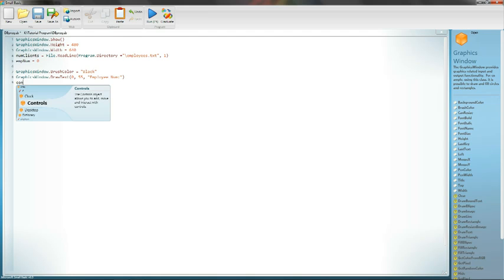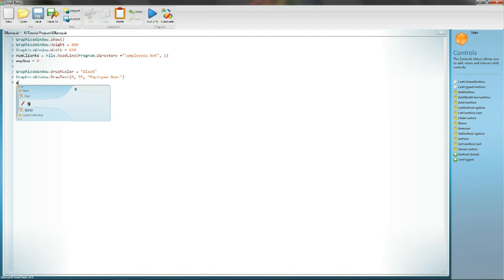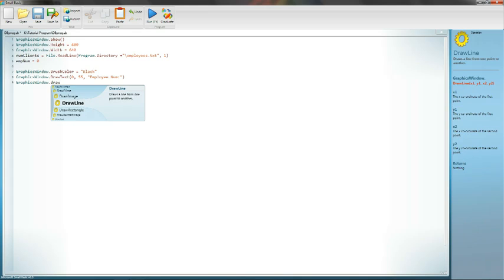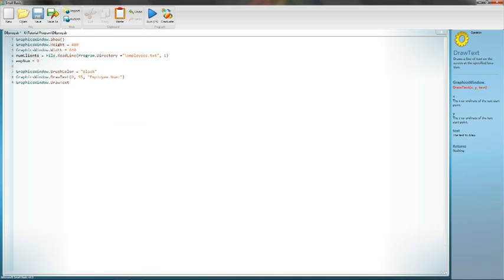And then we're going to get into the controls library. Actually, we need to add one more. Dot draw text. And this one is going to be at 200, 55, comma, and this is going to say only use for